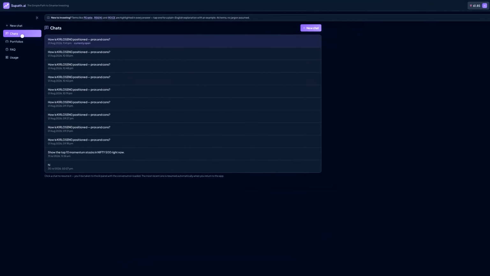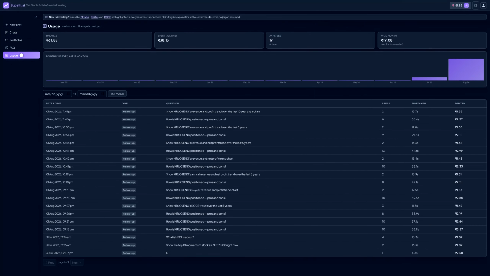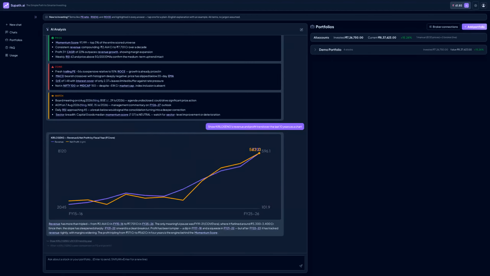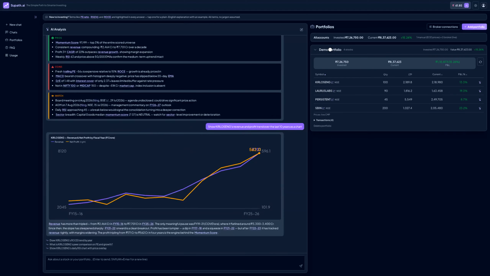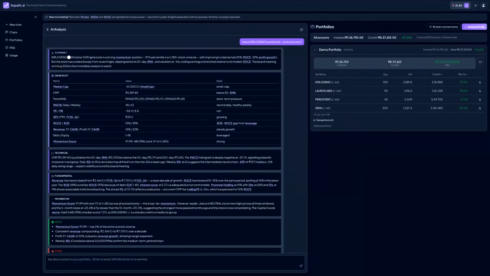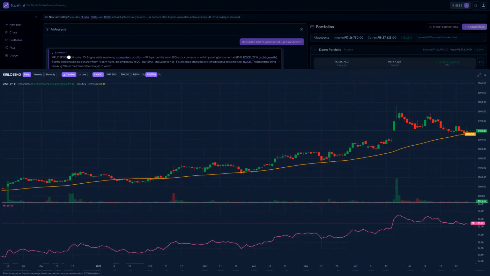Billing is usage-based. You pay for the actual tokens each question costs, and it's all itemized here. Your holdings can be entered by hand or synced straight from your broker, so the assistant always knows what you actually own. Any symbol can be charted right inside the chat, candles or line, daily, weekly, or monthly, with moving